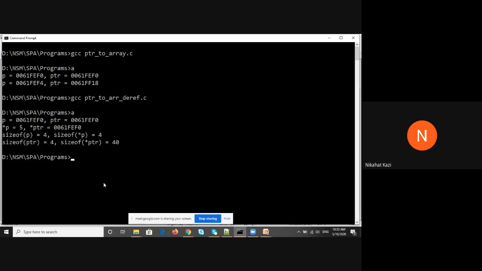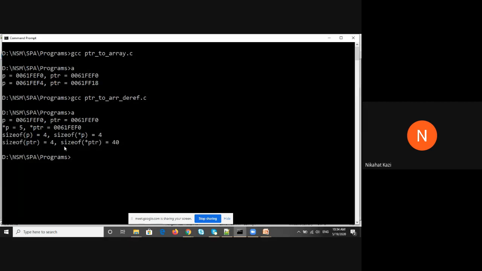See, the memory addresses, this is a 32-bit version of the compiler. So memory addresses here will be 32-bit or 4 bytes. So wherever there are memory addresses like this and this, these are memory addresses, right? P and PTR are memory addresses. It will give me 4 bytes. But when I do star of P, it will give me the size of an integer. And the size of the integer is also 4 bytes. So that is why this is giving me 4.